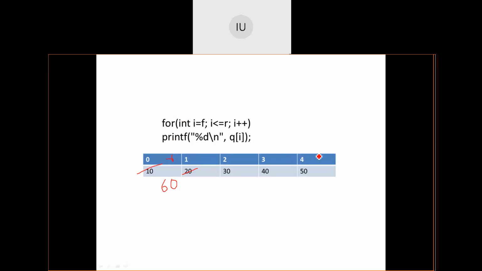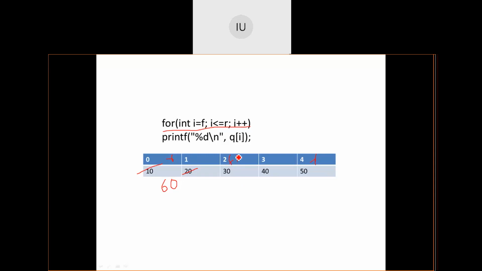Okay. Now I have called the display function, after doing so many insertions and deletions. Let me just go through this for loop. I is equal to F. So I will initially be pointing to the position where front is right now, that is 2.